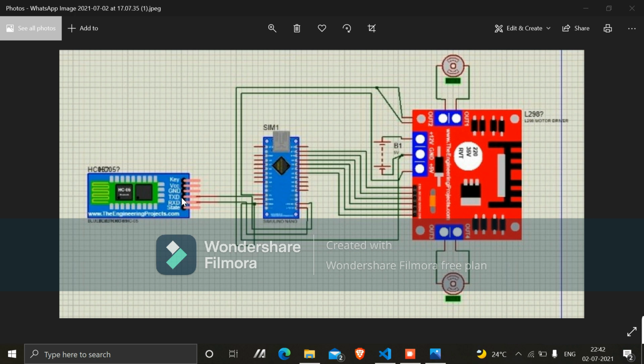So if the voltage is higher than 5 volts, it is recommended to connect the power supplying pin to the VIN pin. The VIN pin converts the high voltage to the voltage required by the Arduino Nano, and this way the board can be protected. So this is all for the circuit connections.